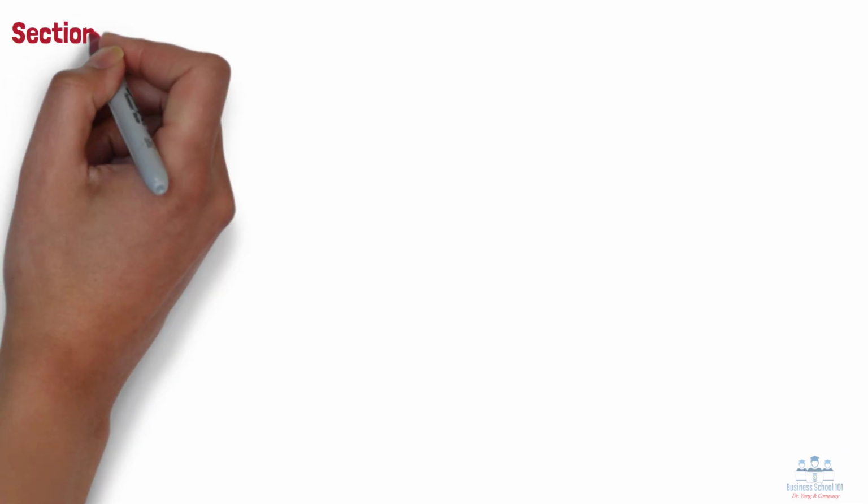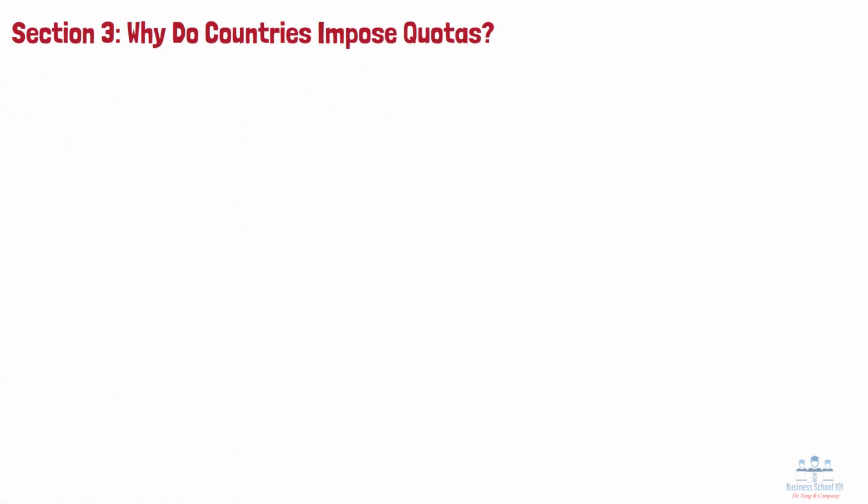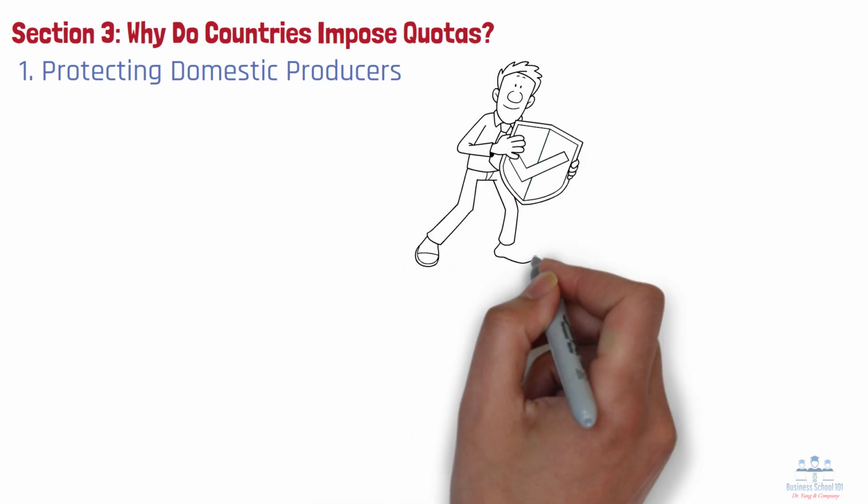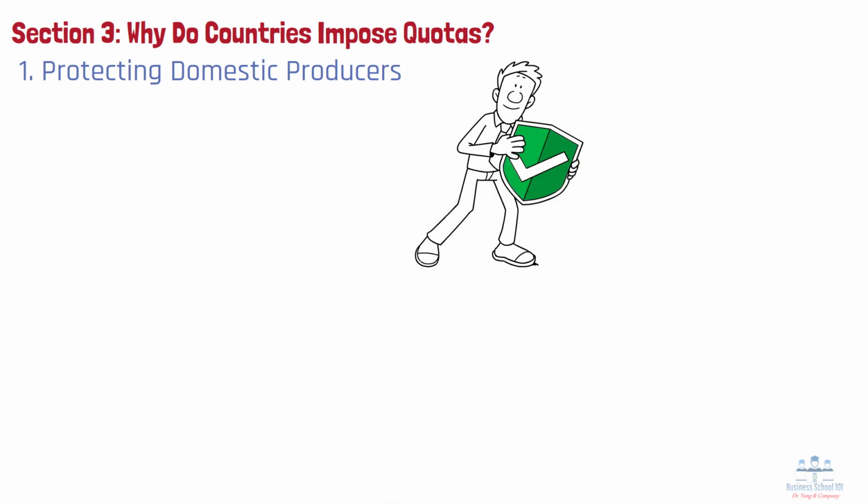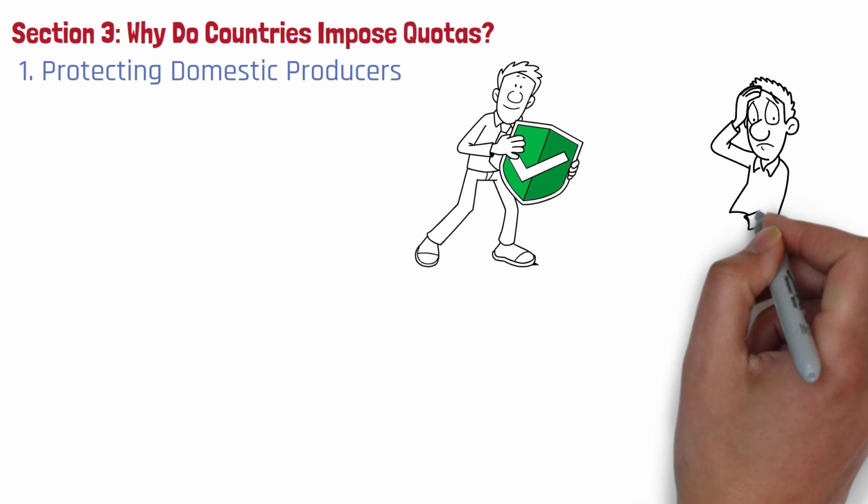Section 3. Why do countries impose quotas? In general, countries use quotas for the following reasons. Number 1. Protecting domestic producers. Quotas shield local industries from being overwhelmed by foreign competition, especially in industries where domestic producers struggle to compete with